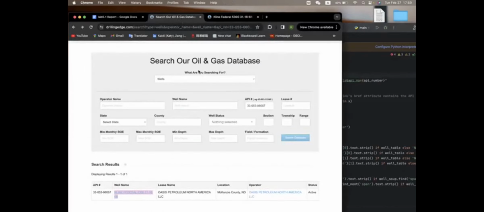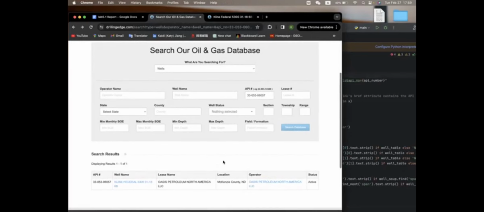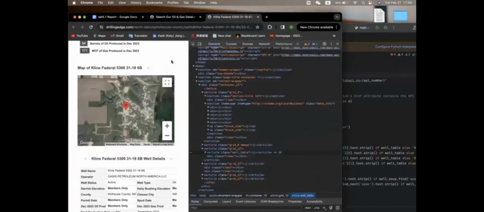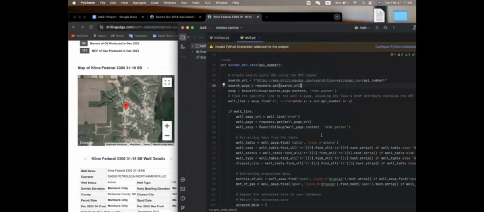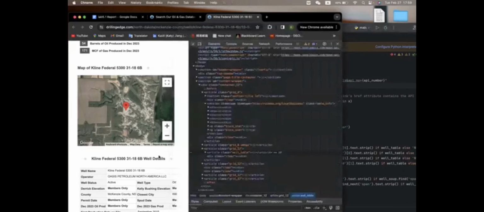This is the search page, and it's looking for the hyperlink here, navigating to the result page, the information page. This is assumed to be the specific link to the well's detailed page. If such a link is found, it follows the link to the well's page, makes another HTTP GET request to retrieve the well's page, and parses its content with Beautiful Soup. On the well's page, it attempts to find a table with the class name